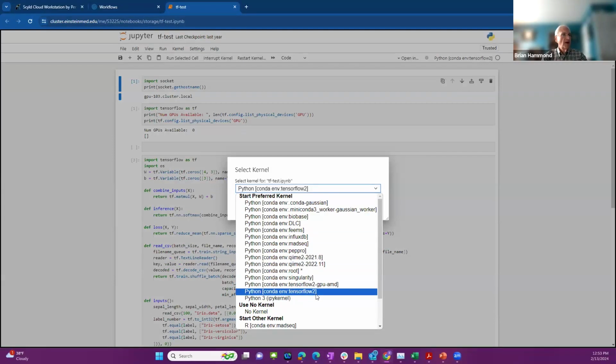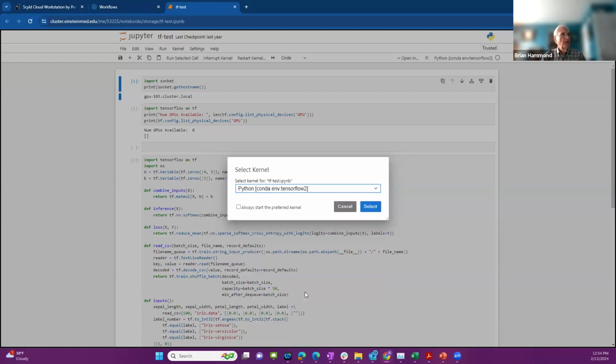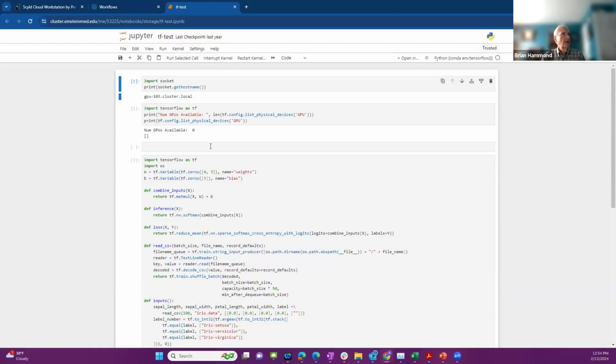And if you have your own conda environments, like I have one for Gaussian, it shows up here. I don't need it for this, but in this case, we have different conda environments. And if you want to create a conda environment for this, there's a couple of special commands that you need to use. There's some packages that need to be in the conda environment for it to work properly. So if you have any questions about that. In this case, I just tell it, okay, I want to use this as my kernel, and